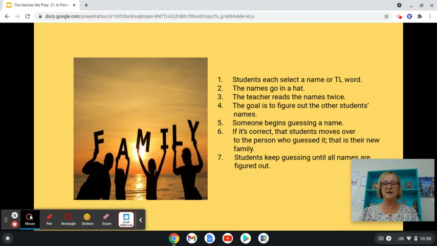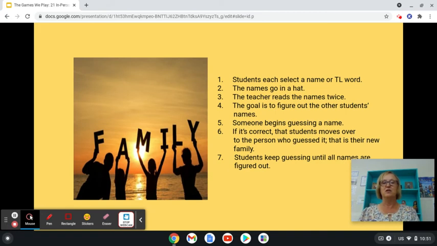It can be anything random, or it could be from a vocabulary list, or it can be actual names. So all of these words or names go in a hat, and the teacher has to read the words, the names, and you do this very slowly and do it twice. So the goal of this game is to figure out which student chose which name.